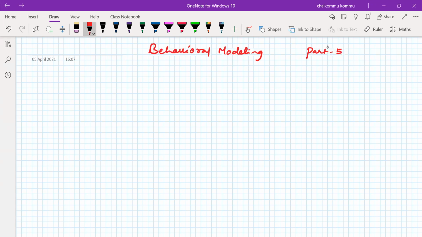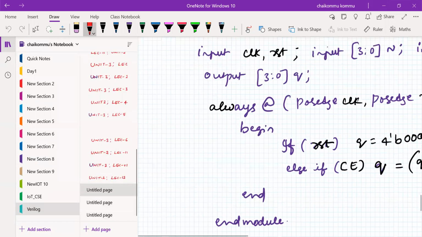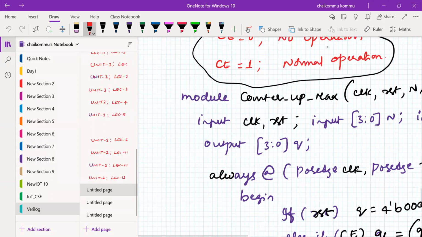In the previous class we have seen behavioral modeling for memory elements, sequential memory elements. T flip-flop, JK flip-flop, have you done or not? Counters and T flip-flop, everything that I have written.